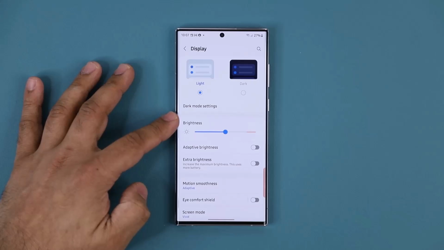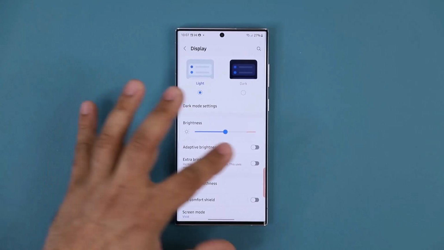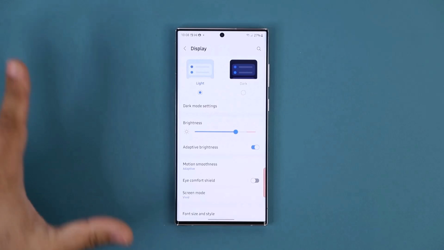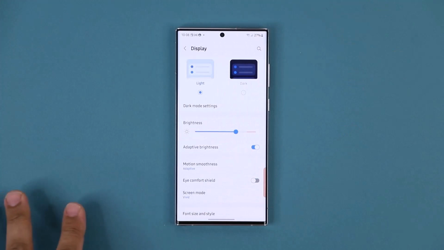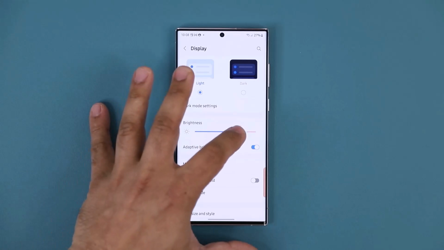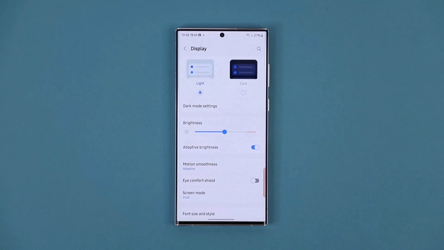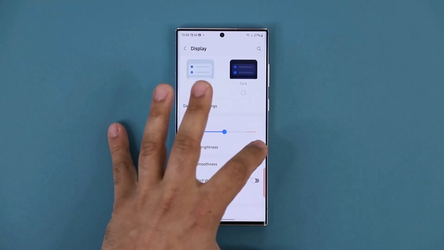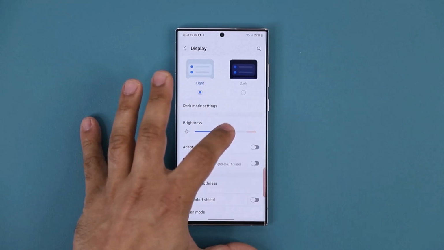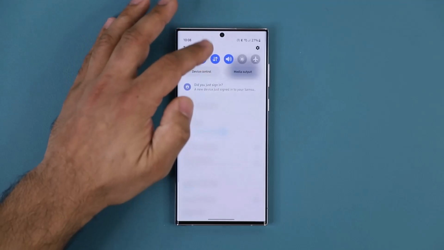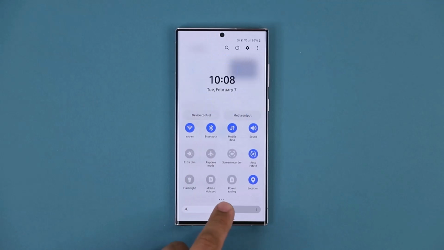and that's your brightness settings. So you have an option to set up adaptive brightness. When you set up adaptive brightness based on ambient lighting, whether you're in the house or outside, this dial is going to go up and down automatically to get the perfect brightness for you. In my case, I like to set it up manually. I just disable this and I put this in the middle, and then I can tweak it as I please when I'm outside or when I'm inside, simply by pulling down the notifications panel twice and just tweaking it right